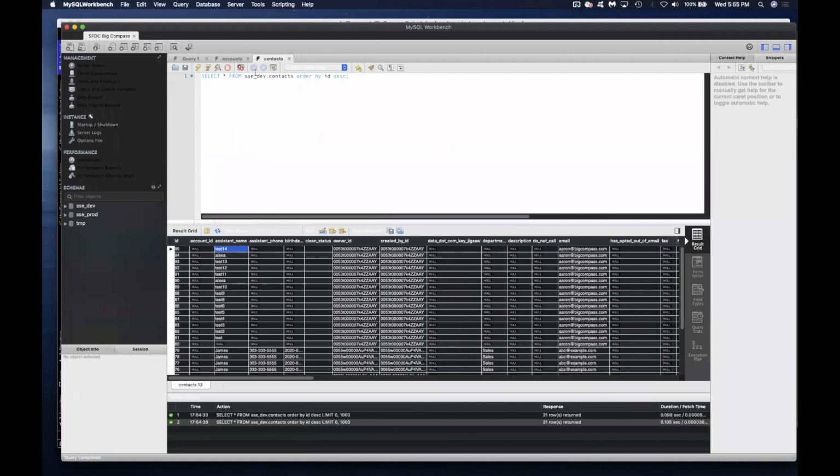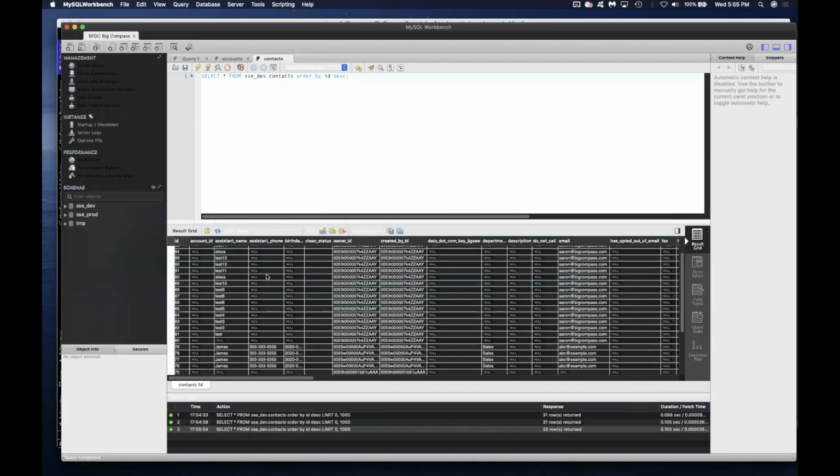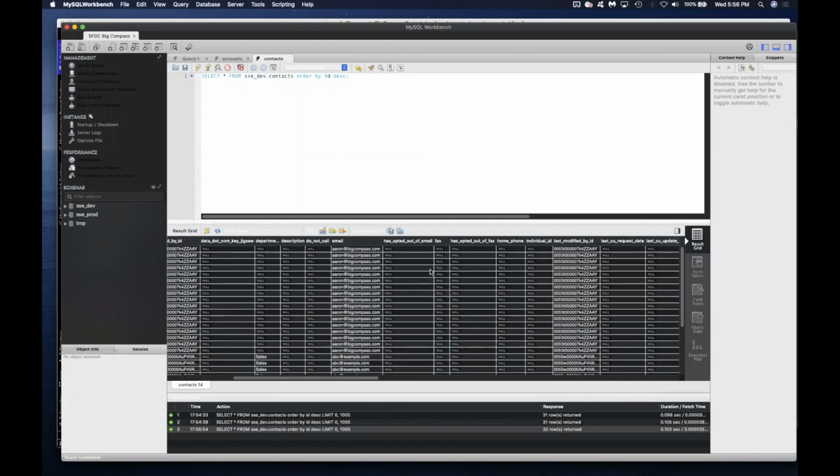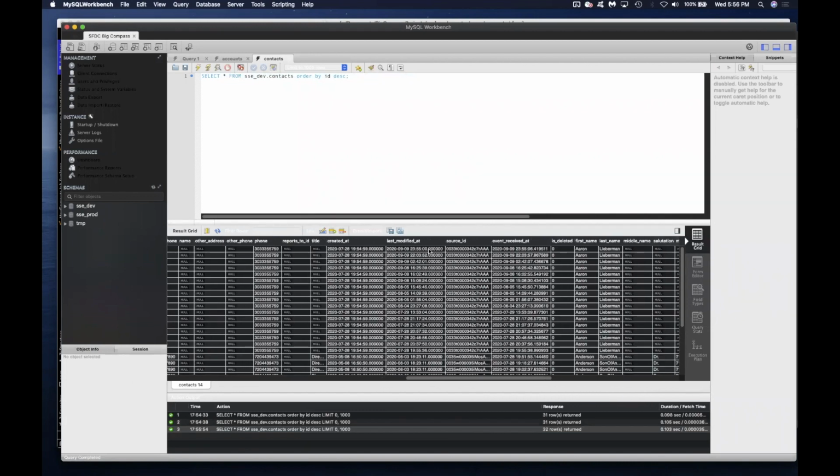But what we're going to see is that now the latest record for Aaron Lieberman, his assistant is now Alexa. And let's look at some timestamps on that record. So we're going to see last modified at 23:55:00. And event received at, which is when this actually landed in the database, is at 23:55:06. So despite all those components in our serverless integration framework, despite all those queues and SNS topics and lambdas and so on and so forth, this only took 6 seconds to actually flow from Salesforce, event out, and land in the database itself.